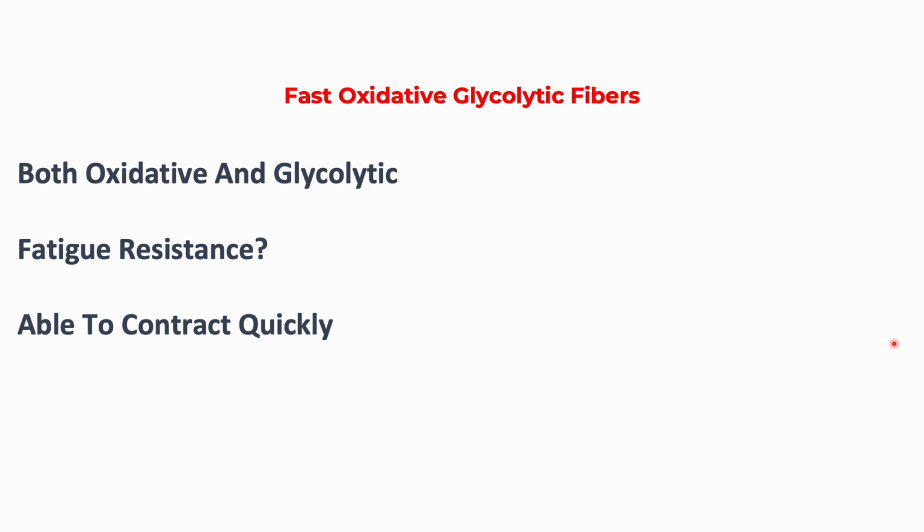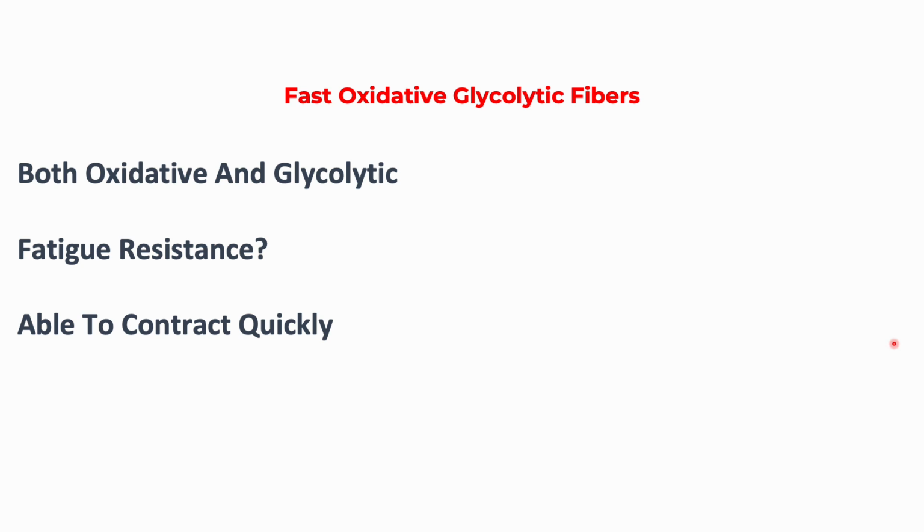In addition to that, they also have a high concentration of myoglobin. Again, myoglobin is going to be storing oxygen. That's going to help fuel oxidative metabolism. So when you compare them to the fast glycolytic fibers,